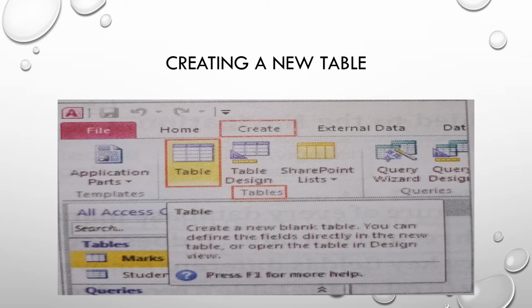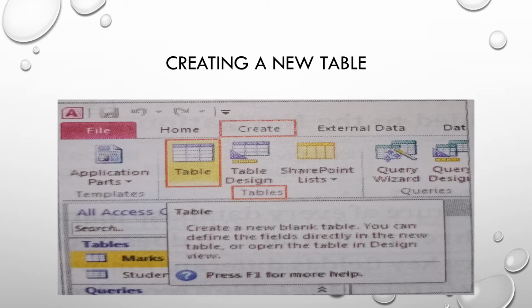A table can be created in various ways. They are: creating a table in design view, creating a table by using templates, and creating a table in the datasheet view. In this chapter you will learn how to create a table in the design view. This view lets you design the structure of a table by specifying the field names, data types and their properties.